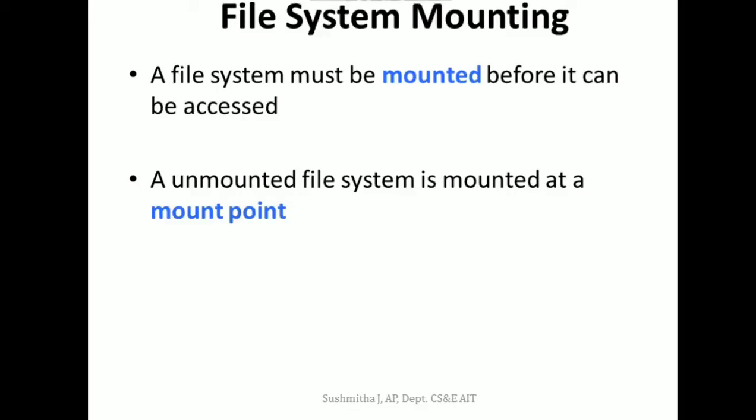So what is file system mounting? If I want to use the file system, it should first be mounted. That is, if I want to use a file, the file must be opened. Only after I open a file can I do operations on it, that is, read, write or search. For anything, the file must first be opened. Similarly, a file system must be mounted before it can be available to processes on the system.